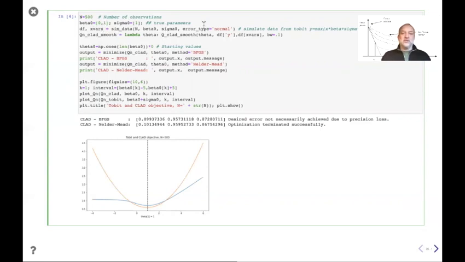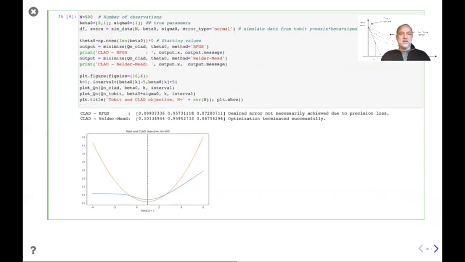Okay, we simulate some data with these parameters, and then we don't need this guy. I'm going to talk about that later. And then what more do we do? Then we have some starting value, which we just started this algorithm from